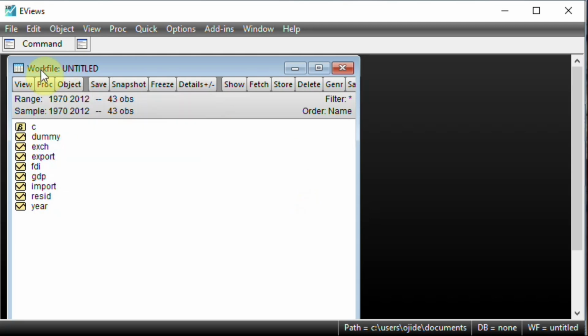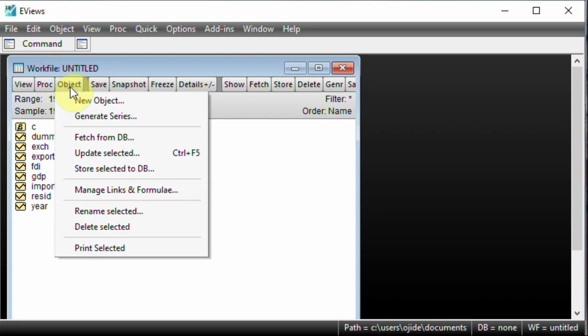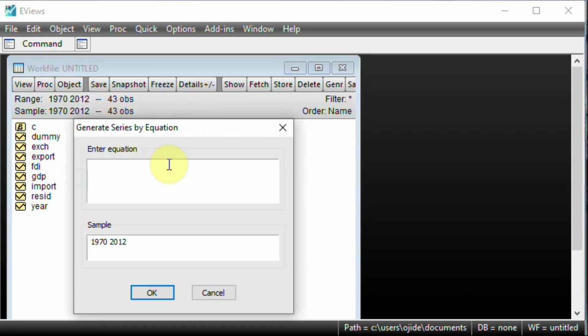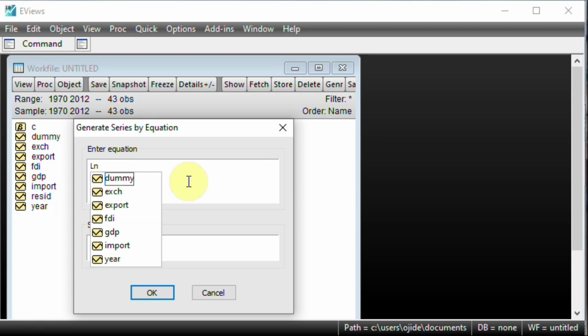Okay, on this work file, if I save it, it becomes the name of the title, so it's untitled here. On this work file, there is object here. I click on object and click generate series. Generate series here, I could say ln GDP is equal to log of GDP. So I am generating a variable called ln GDP, so that when I'm doing my analysis, you'll not be seeing